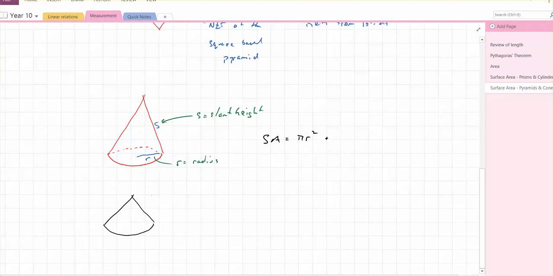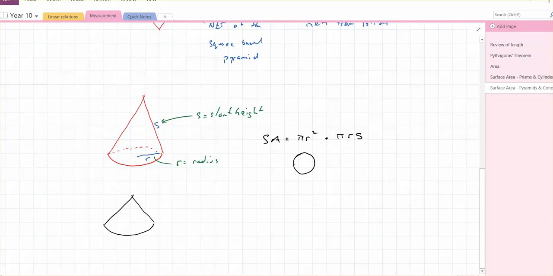And so to find the area of that sector of a circle, there's a little bit of maths involved, but it comes down to pi r s as being the curved surface area. There's only two surfaces on a cone, the base and then this curved area here. So the pi r squared is the base, that's the circular bit,